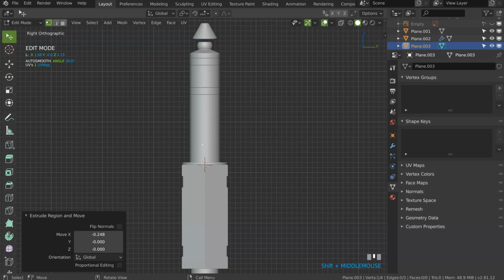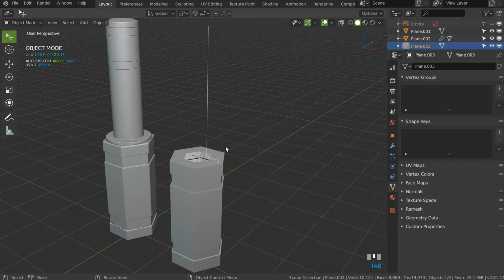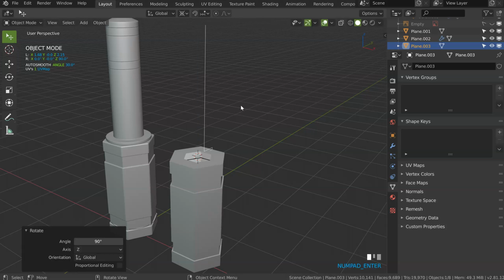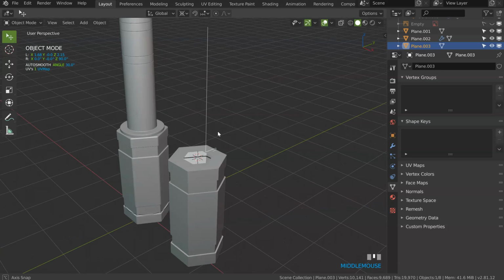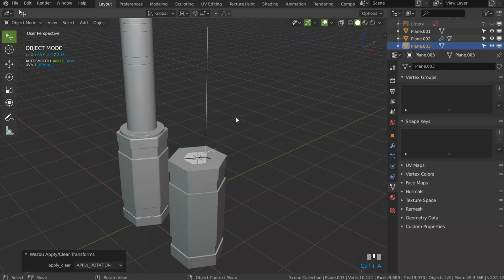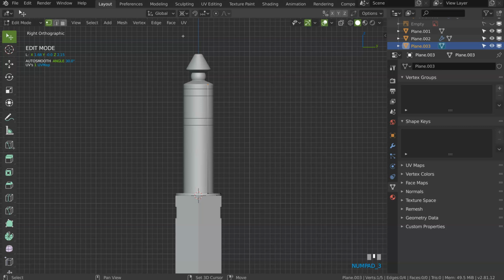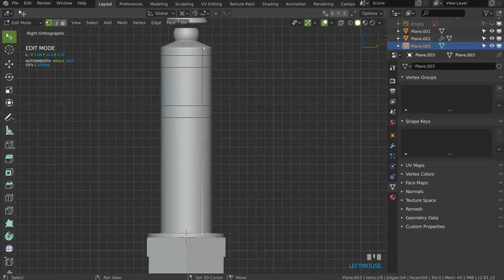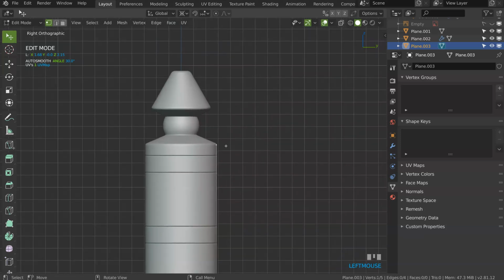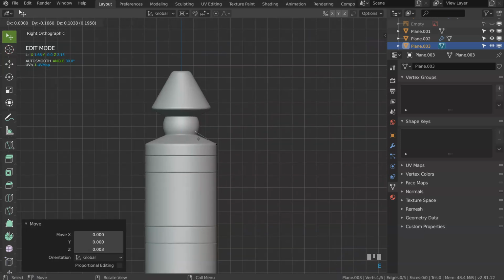So come here, press E to extrude, like that. Okay, maybe I should make a rotation on all of this, I will just choose the 3D cursor, RZ90, like that. Yes, Control A, apply rotation. Okay, so let's come back. In this case, as you can see, I need to edit it a little. This other part is correct. Let's make an extrusion here, an extrusion here, an extrusion here, one here.